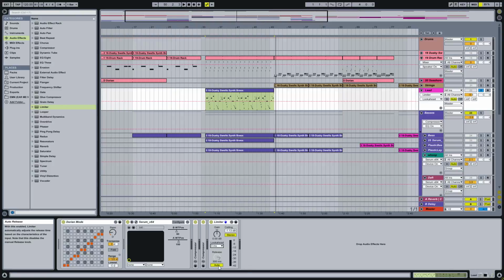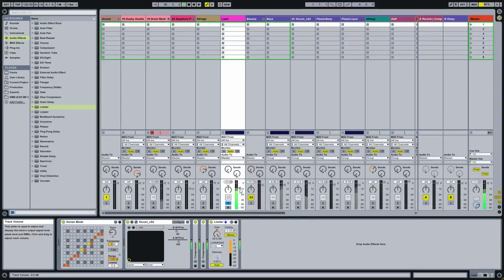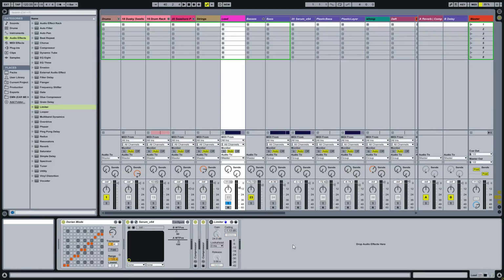Release, set it to auto, or adjust it to whatever you want. Mess around with that until it gives you the right thing that you're wanting. I'll just kind of display what it does. It's just got a gain knob, so you're pushing it in louder than the original audio. And you'll see that it's hitting that line and it's not going anywhere. Whereas if you don't have a limiter on,